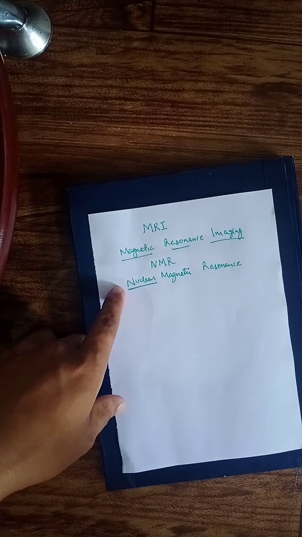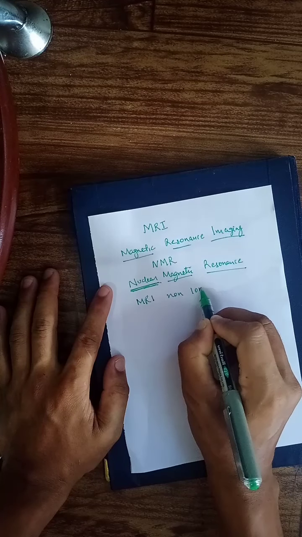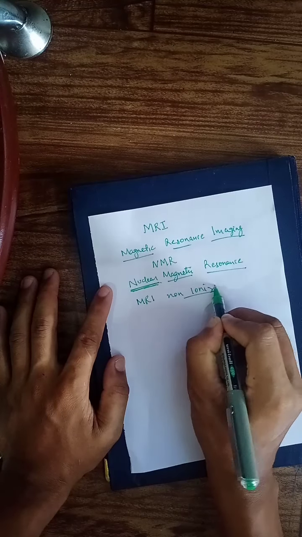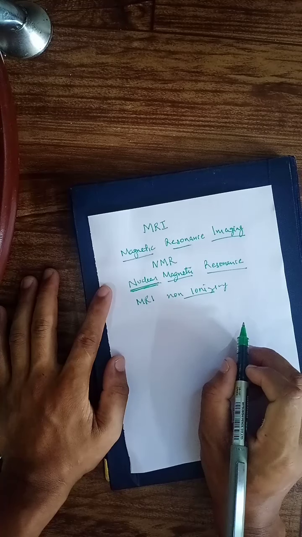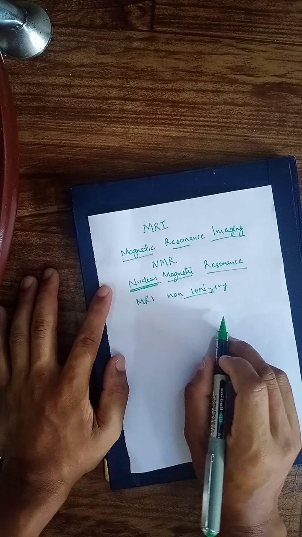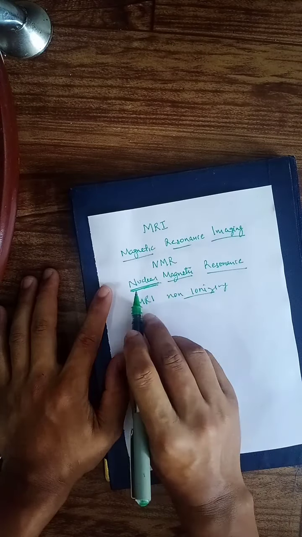When people hear the word nuclear, they used to be scared, thinking of dangerous, hazardous. But as we know, MRI is non-ionizing. That means we don't have that impact as compared with ionizing radiation. Because the nuclear word came, people used to be scared it might be hazardous, but